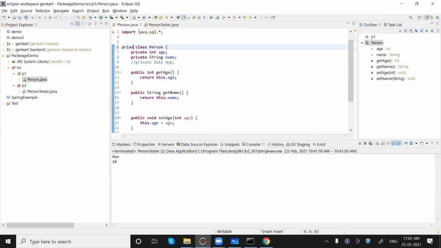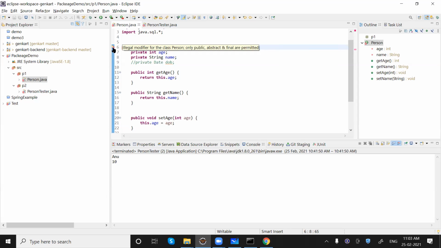But if you say private, it will give you an error. What is that? Outer class cannot be made private. You can read the error: Illegal modifier for the class Person. Only public, abstract, and final are permitted.